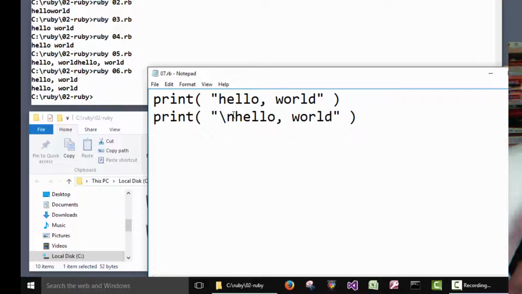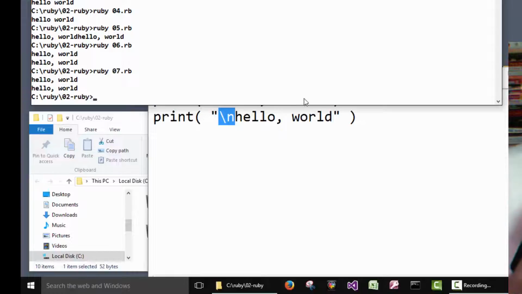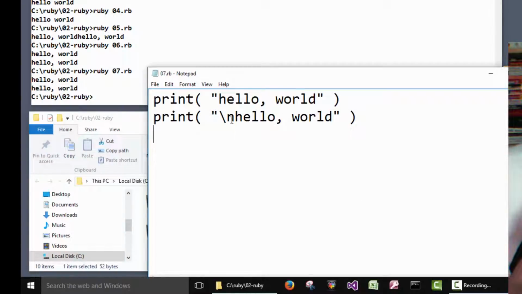This is the same thing, but we move the new line down here. So 7. There is no right or wrong. It just depends on how you want to do it. It's pretty common to put it at the front of the line, because when you're programming things, you might say, "Well, I don't know what happened up here, but I know when I put this line out, I know I want it to be by itself." So that's actually pretty common. So you know, just depends on how you want to do it. So that's 7,